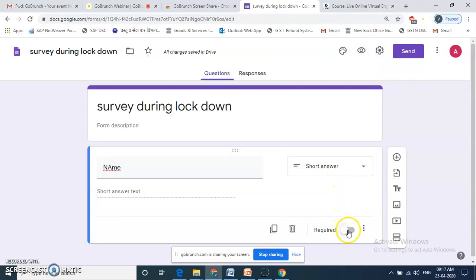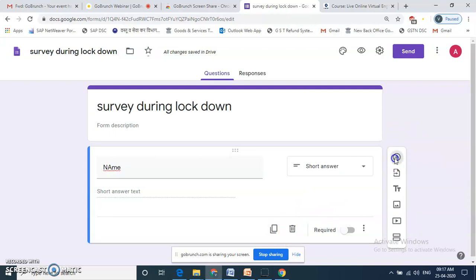Now if it is a required part of your questionnaire, you can say it is required. Otherwise, if it is not, you can just inactivate this particular question. If you want to duplicate this question, you can take help of this icon. If you want to delete this question, you can use this icon.